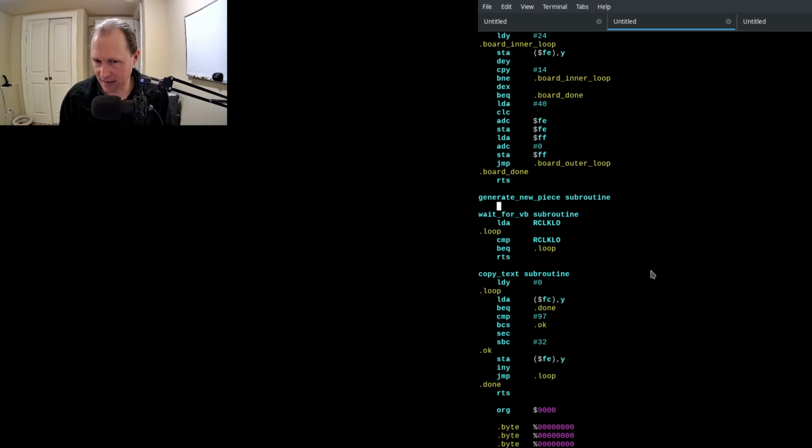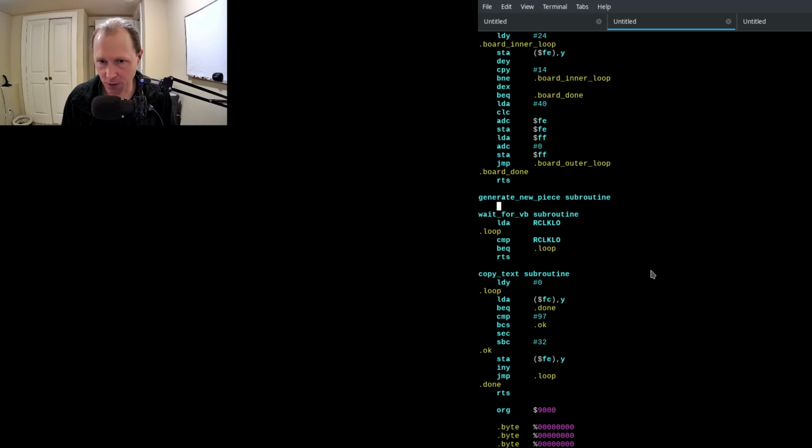Now, I do want to think ahead a little bit to the next box, because when you generate a new piece, where it actually goes is not onto the board. It goes into the next piece box. And then the thing in the next piece box enters the board. But we can have this subroutine do both of those things because they kind of go together. They're always going to happen together, except the first time, because you need to generate the first new piece, which is going to go up there. So, we'll think about it. All right, so